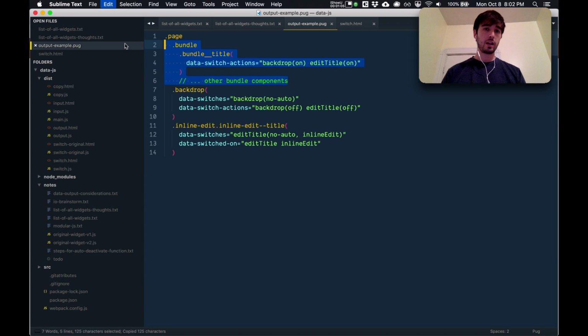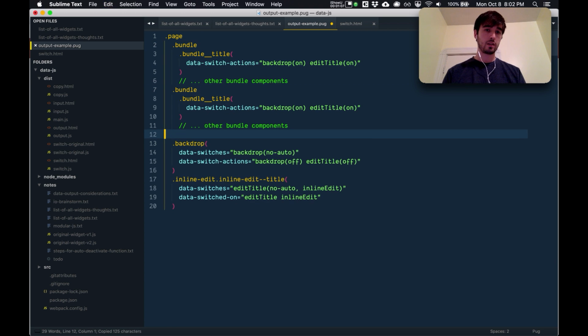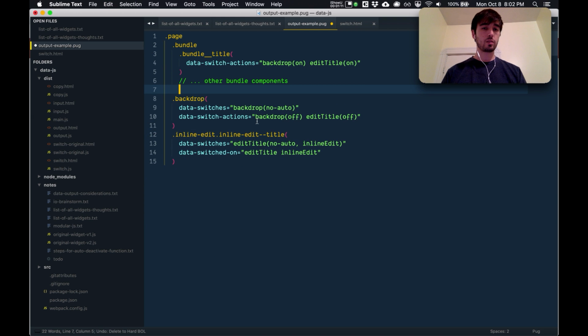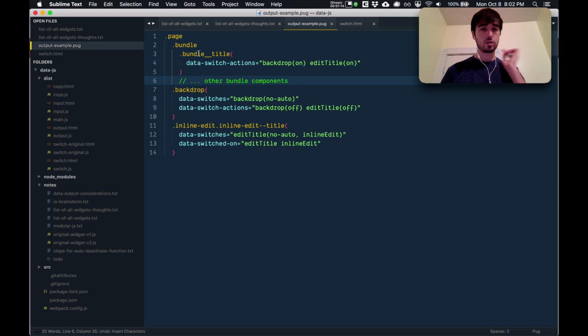And we're probably going to have multiple bundles here, so you can imagine that there's like 4 bundles here. But for now, we're just going to work with just this one bundle. And a bundle has a title, it has a description, it has a price, it has a number of revisions, it has a timeline embedded into it. But for now, we're just going to focus on this one item, the bundle title, and how do we inline